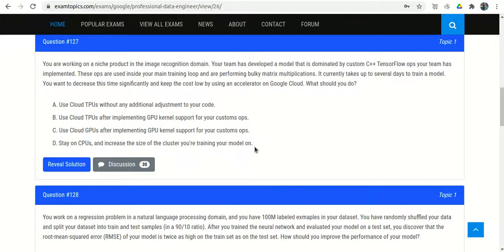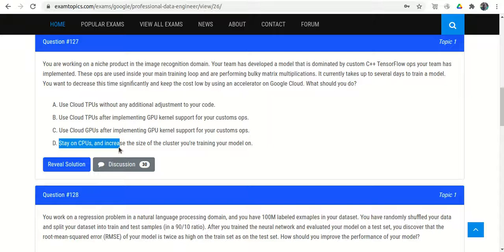If you consider both factors, you want to decrease the time and you want to keep the cost low. If you think about the cost factor, then the CPU looks okay, right? Stay on the CPU.